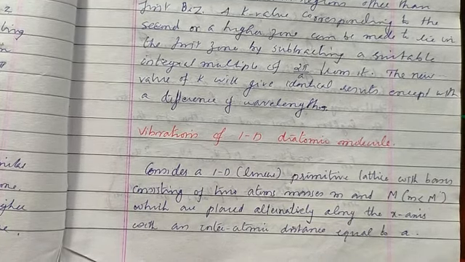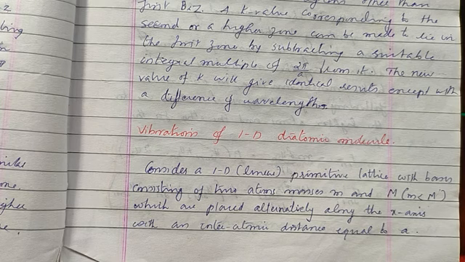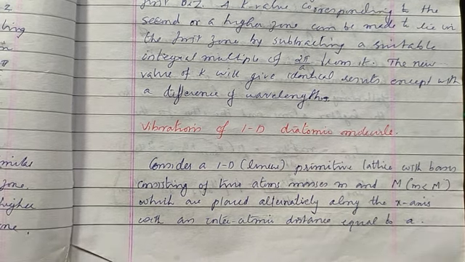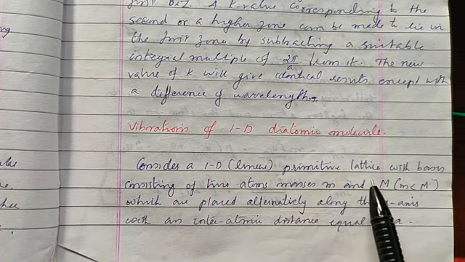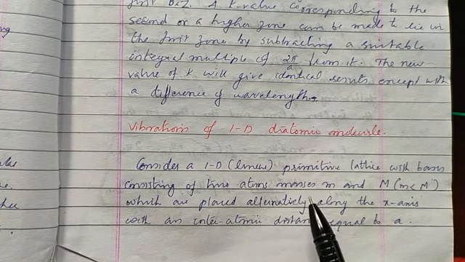We have discussed in our last class the vibrations of one-dimensional monoatomic molecules, that is the lattice with one atom in its lattice points. Today we will discuss the diatomic molecule case, one-dimensional vibration. So for this, just as in the previous case, consider a one-dimensional linear primitive lattice with a basis consisting of two atoms,